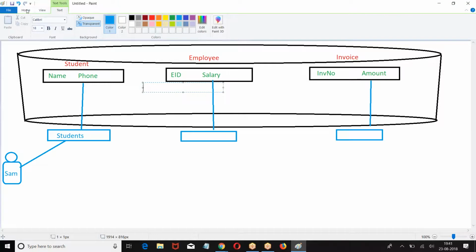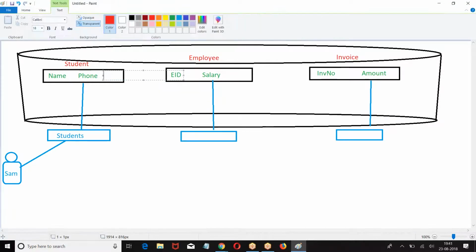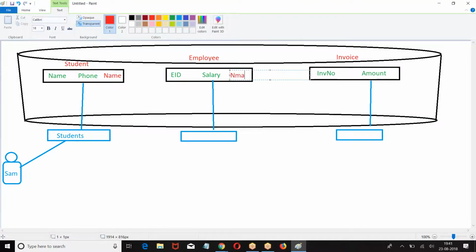Every object that is there in Salesforce, on every object, Salesforce is creating one standard field. What is that field?